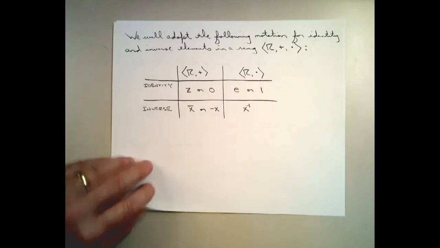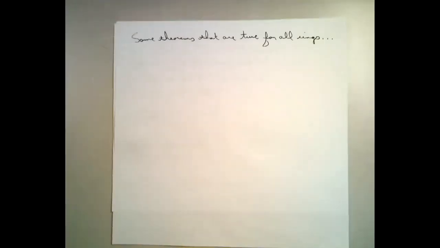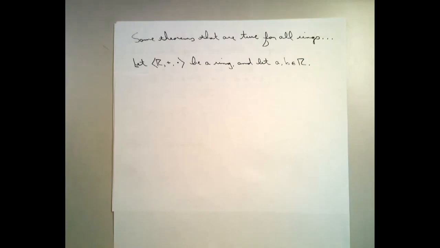Okay, so with all that in mind, let's talk about some theorems that are true for all rings. Any structure that satisfies those three properties that we identified as defining a ring will satisfy these theorems as well. So let's let R be a ring, and let's let A and B be members of R. The first thing that turns out to be true for all rings is that anytime you multiply by 0,